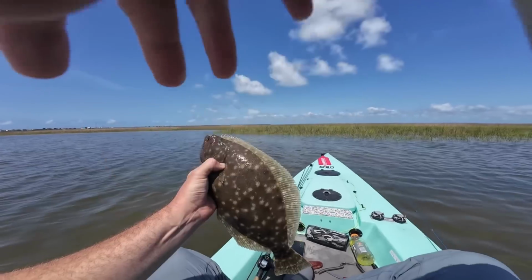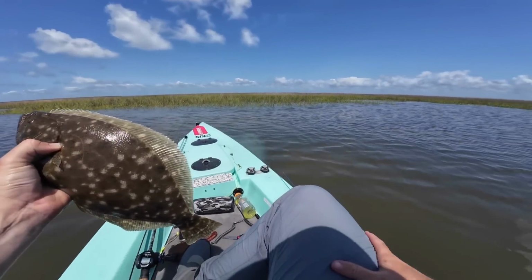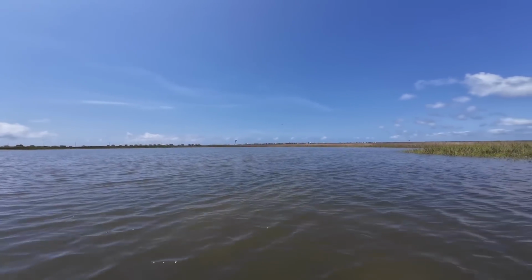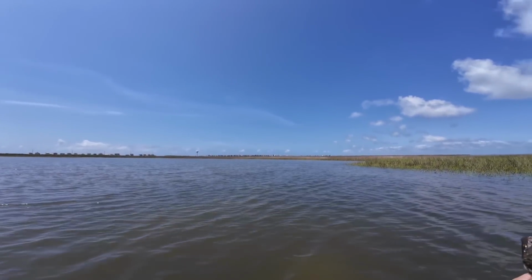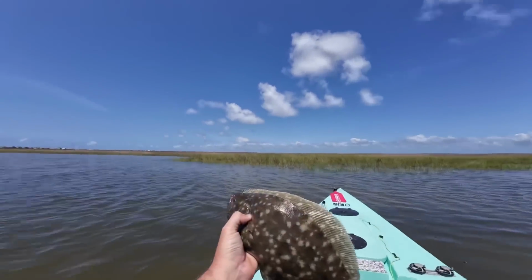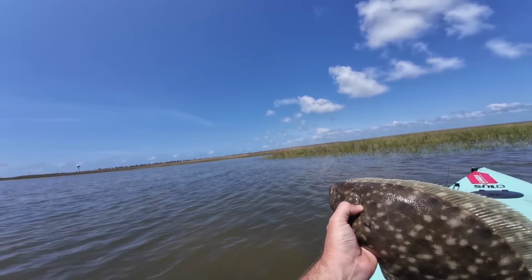So basically, I made that long run I was talking about, and I pulled into this little cove right here. And on the maps, this cove just looks like a deeper hole, and there's a little gut running into it, back that way behind me. So I pulled in here and